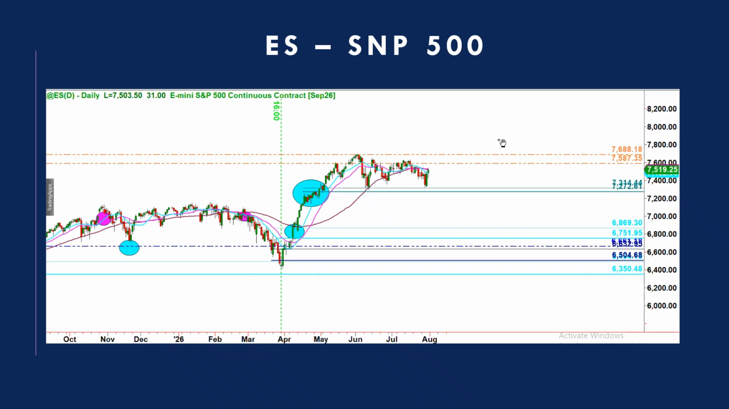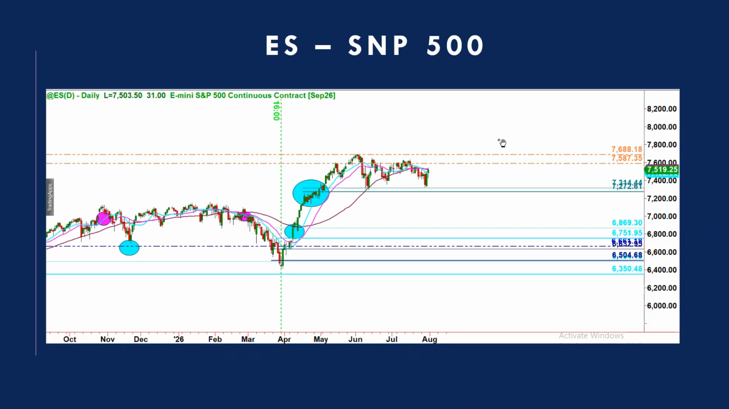The chart on our screen is that of ES, the S&P 500 based ETF, and we're looking at the daily chart. ES has managed to print an explosive candle on Thursday, which recovered all its losses from the previous week, and then on Friday it printed another bullish candle to close at 7519.25. The demand zone between 7272.6 and 7314 has proven to be very strong and has given a bounce for